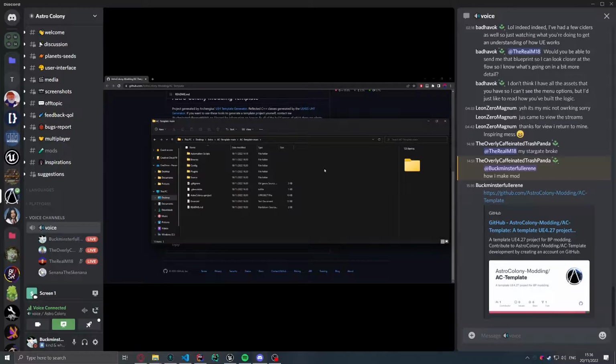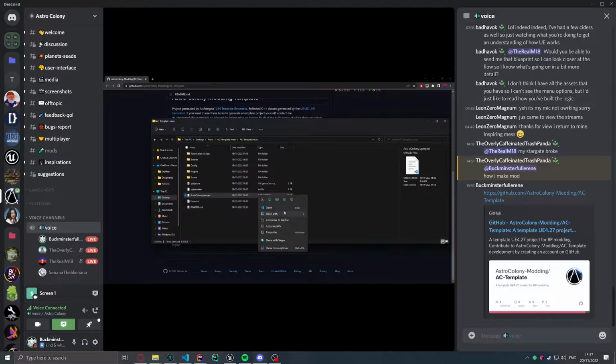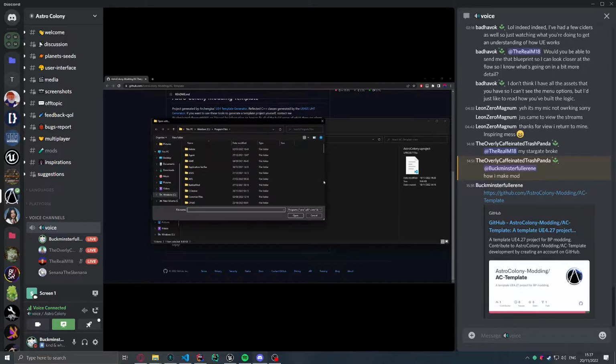Okay, whatever. So yeah, what you do is you just double click astrocolony.uproject to open Unreal Engine, and it seems to open it in Visual Studio Code. Are you sure you have? Okay, right click, open with, choose another app, and then look for another app,